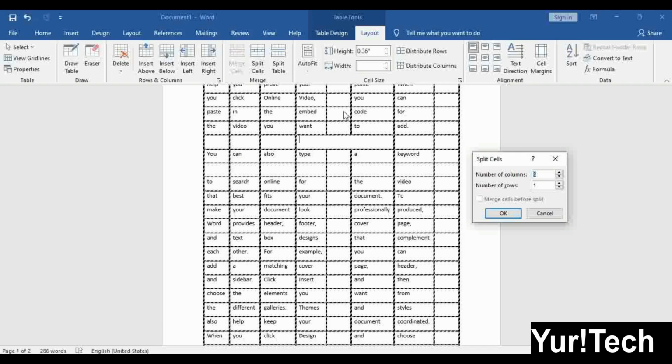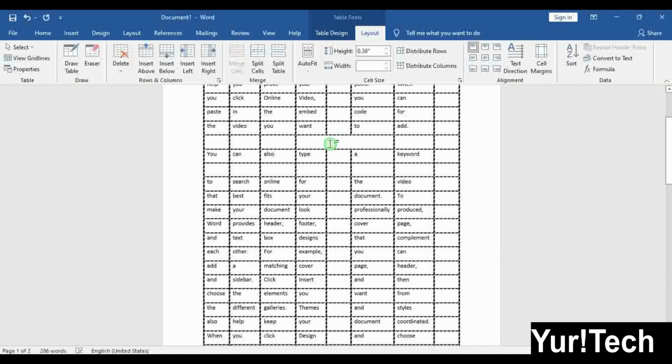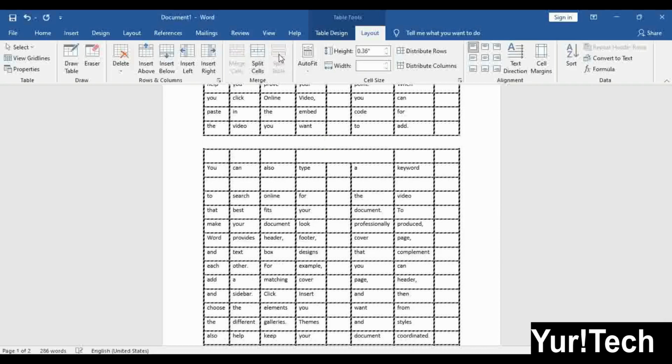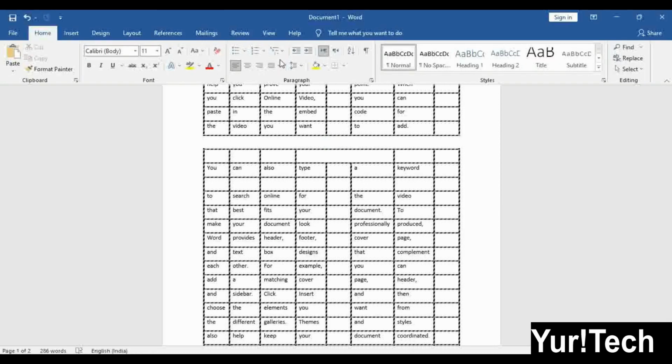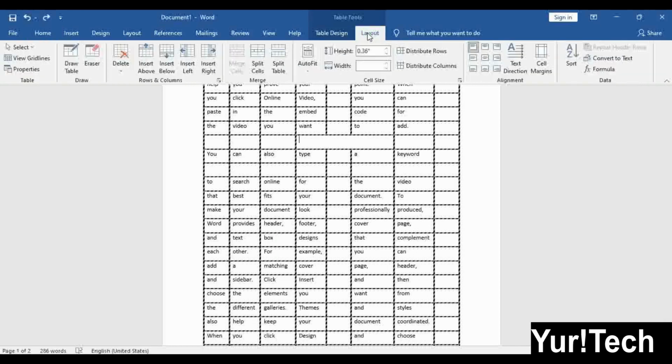The difference is I want lining here from up to down, not from left to right. So I want columns, 2 selected, so I will select 2 here. Okay, so I got this one column here.